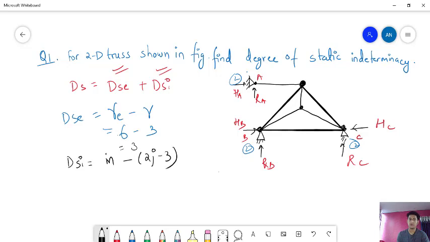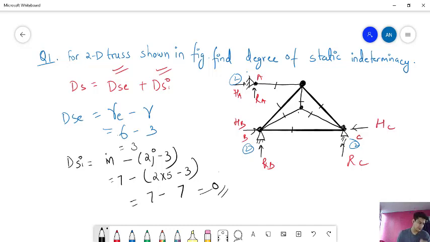So the number of members is 1, 2, 3, 4, 5, 6, 7. Total members are 7, minus the number of joints, which is 5, so 2 times 5 minus 3. The formula will give you 7 minus 10 minus 3, that is 7 minus 7,